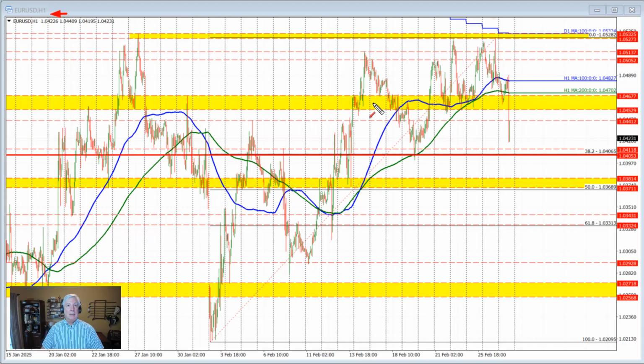Tariff news is sending the dollar higher and the euro versus US dollar lower. I'll go through the technicals now for this currency pair as we tumble to the downside. So let's get started. Looking at the hourly chart, the low price that we saw in the late Asian, early